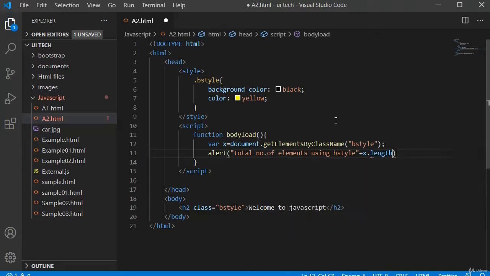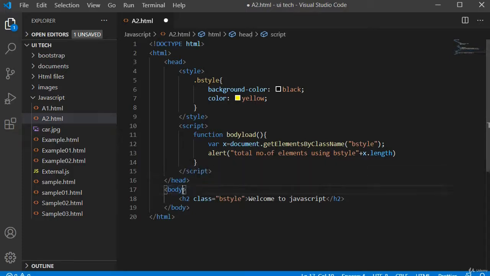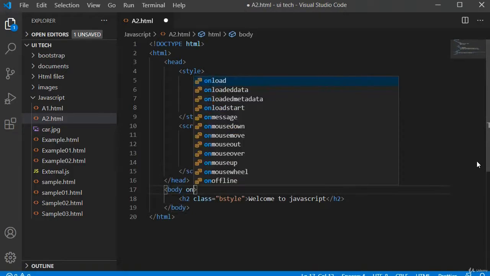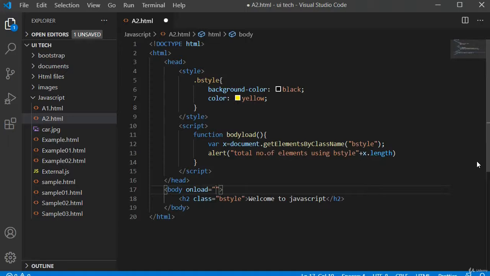We have the length property to print the value. Save it, Control S. Now you have to call this function from your body tag. onload, my function name is bodyload. Control S, save it. Now go to browser.